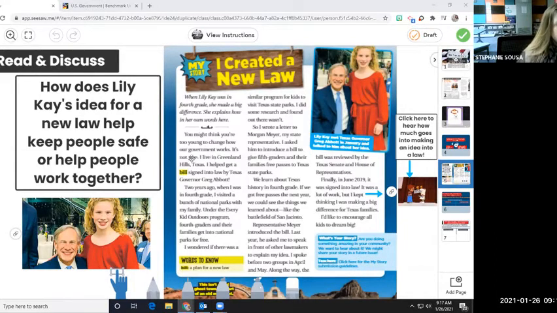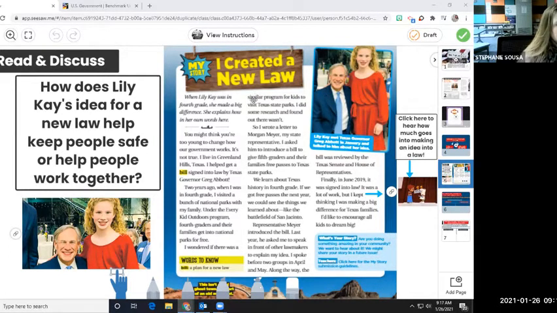I live in Greenland Hills, Texas. I helped get a bill signed into law by Texas Governor Greg Abbott. Two years ago, when I was in 4th grade, I visited a bunch of national parks with my family. Under the Every Kid Outdoors program, 4th graders and their families get into national parks for free.